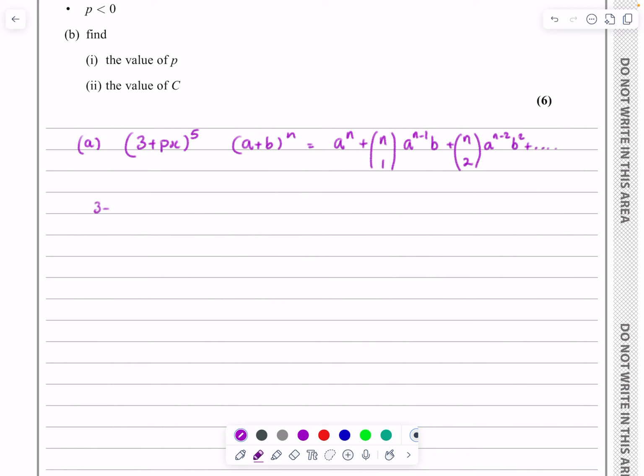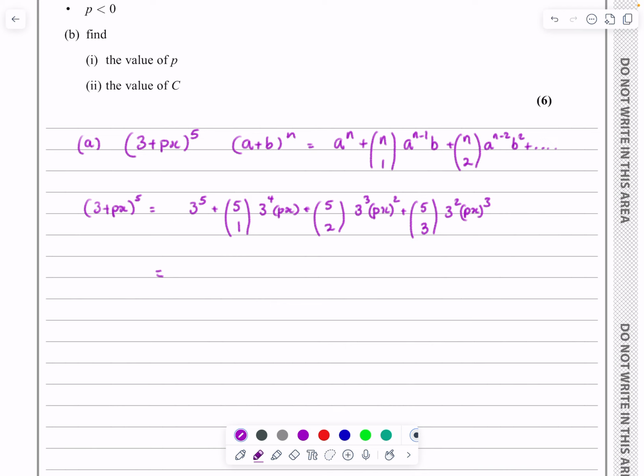So I can now apply that to (3 plus px) to the 5 using exactly the same idea. So it's a to the n, which is 3 to the 5, then 5C1, 3 with 1 off of the powers and a px on there. It's going to be 5C2, 1 less for the 3's and 1 more for the p's, and so on and so on. Where do I need to go? I need to go up to x cubed, don't I? So it's the last term here. 5C3, 3 squared, px cubed is equal to,